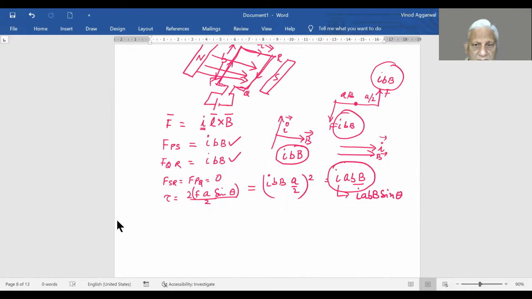Now if we take this, it can also be written as I A B, where A is the area and B is the magnetic field. So this is our torque, and we have a special designation for this, which is M. So our torque, if we write in vector form, is